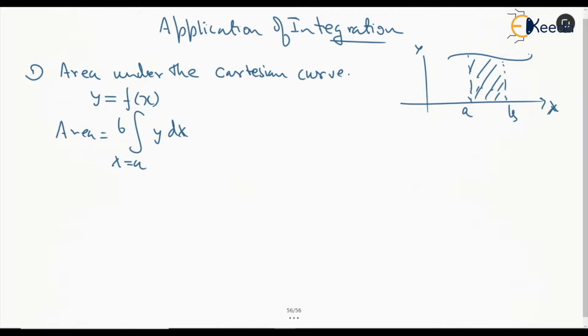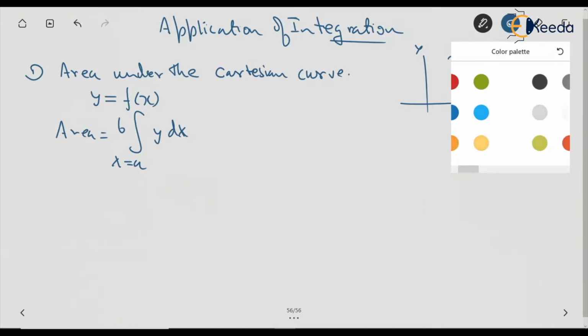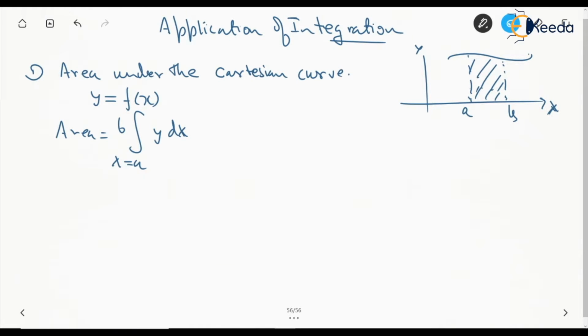Now there is also some possibility that they might be asking area between two curves. So let's say we can do this on the same curve also or in a different curve also. So let's say this was y equal to f of x. What if there is another curve which is z equal to, don't take this z as the z axis, let's say this is g of x, right? So in that case they want to find the area between two curves.